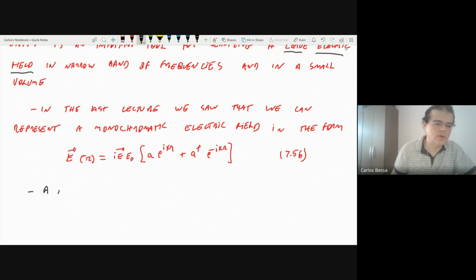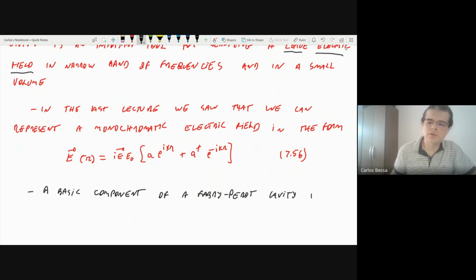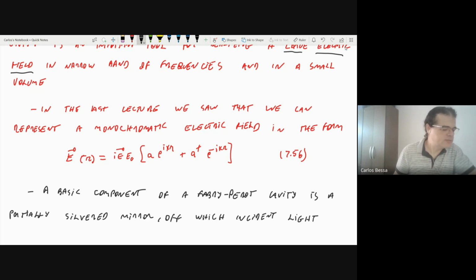A basic component of the Fabry-Perot cavity is a partially silvered mirror, on which incident light, like E_A or E_B,